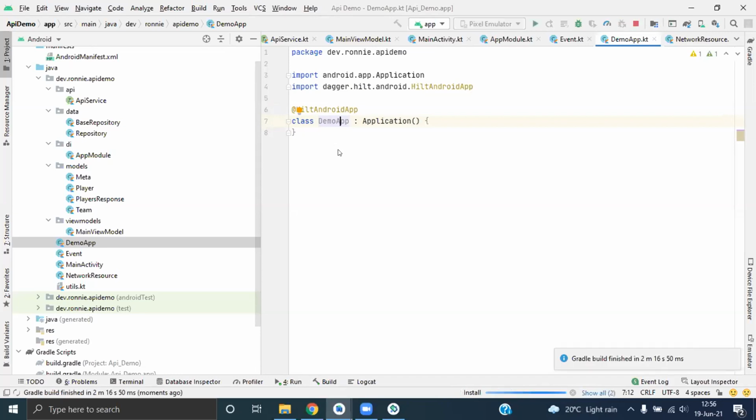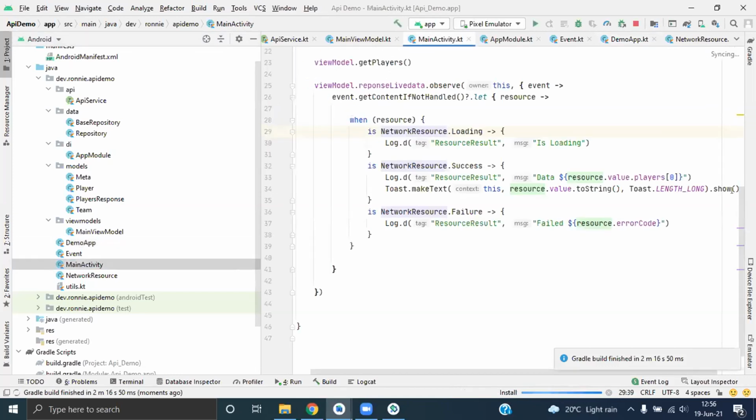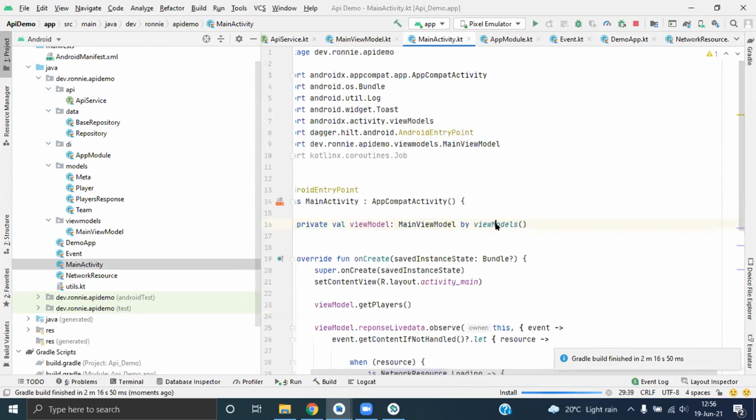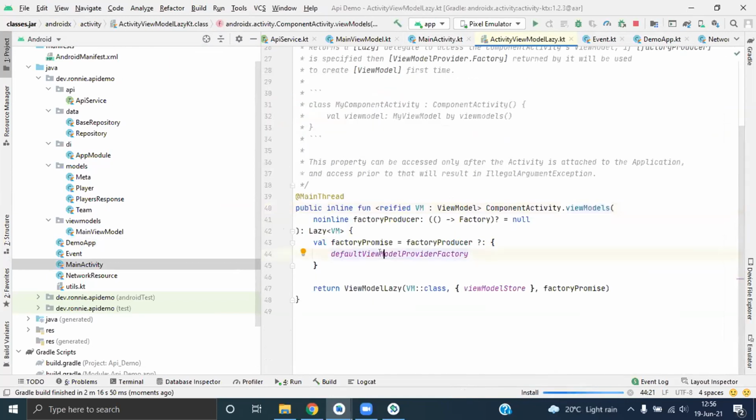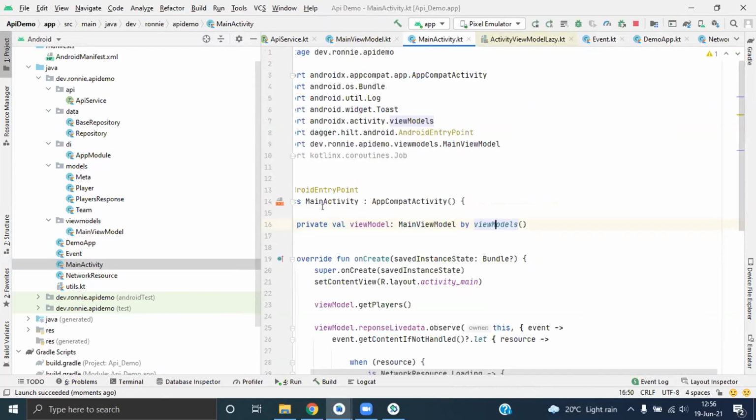Yeah. Let me go back and see how it goes. So you don't need to do by inject or by something? Yeah, I don't need to do all those.